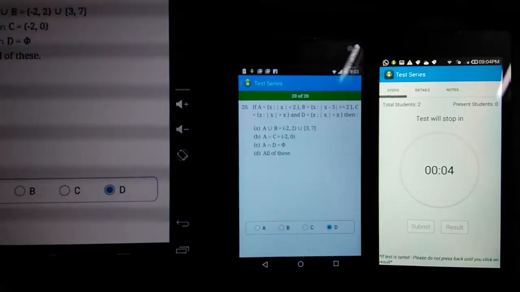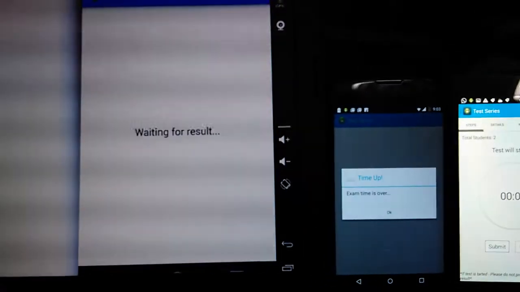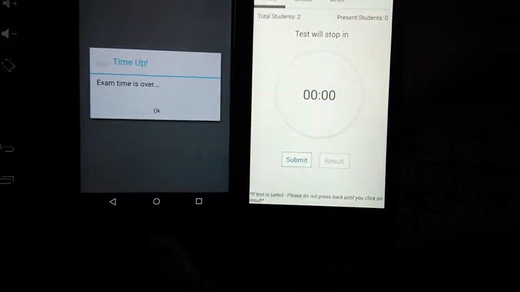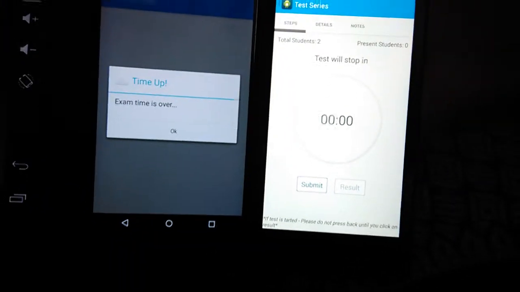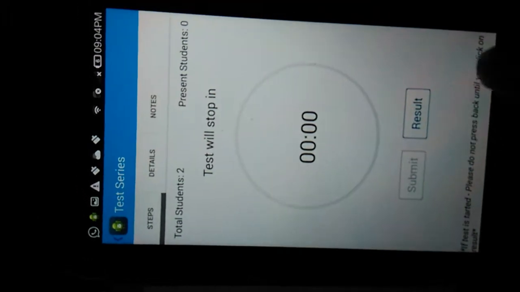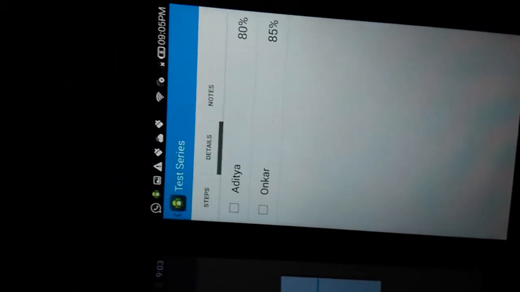Now the test will end in 5, 4, 3, 2, 1. Exam time is over. Now the surprise for the professor: when he clicks on submit, he will get the results of the students, that is Aditya and Omkar.